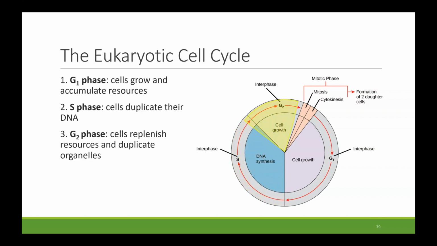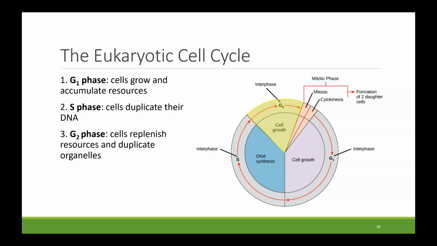After S phase comes G2 phase. So at this point, the cell has pretty well committed to reproduction. It has invested a ton of resources into duplicating its DNA, and now during G2, the cell will replenish its resources and duplicate all of its organelles because it also wants to pass a copy of those down to its daughter cells as well. The daughter cells don't just need DNA, they also need structures like the mitochondria and